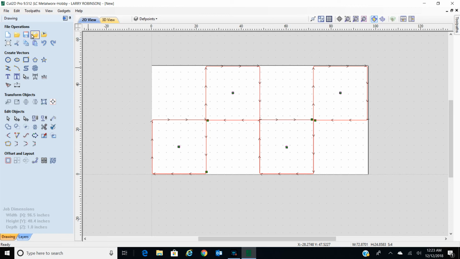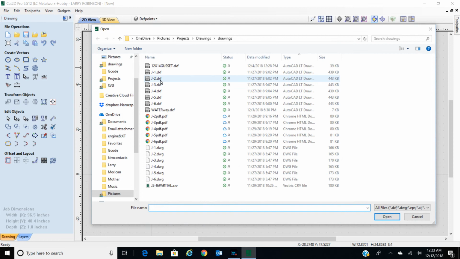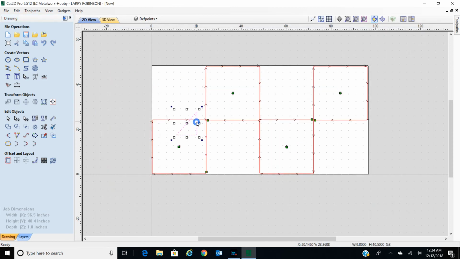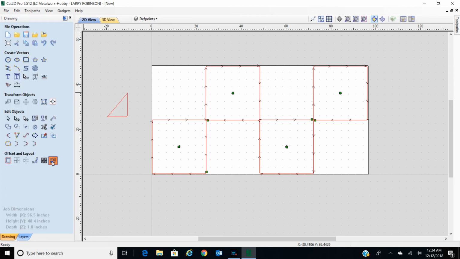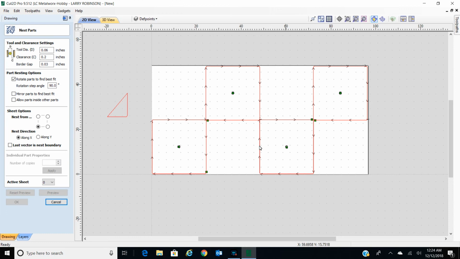Well, I'll show you. I can bring in import vectors right here, and I could bring in some more parts like I've been making these parts too. And see, again, this is not closed vectors, so I always have to go in and close those vectors, join the vectors. Now I can nest that into here. I would have done that before I did the toolpath to make it work right, but I could still go in here and